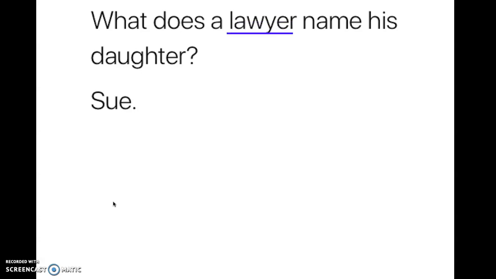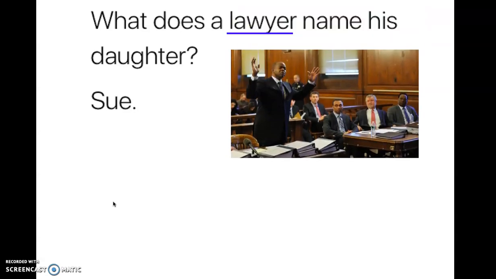So the first thing, we're going to look at the word lawyer, right? Do you know what a lawyer is? Well, a lawyer is like this gentleman here, and probably one or two of these gentlemen here, right? There are female lawyers as well, right? The lawyer is the person who either tries to defend you, say that you did not do something, or the person who tries to say that, yes, you did do something, you did break the law. So this is what a lawyer is, right? Now, we understand that key word in this sentence.